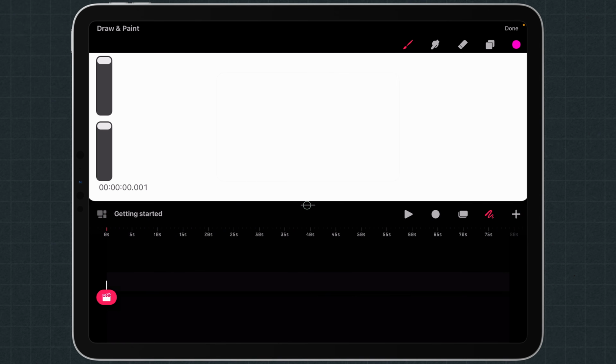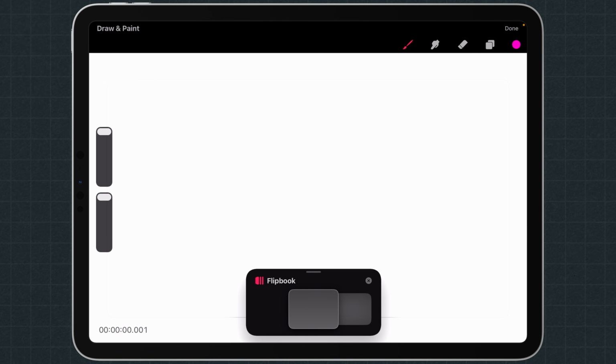So to start doing frame by frame animation, once you've picked all of your settings, there's a little button just here in the middle between the top frame and the bottom timeline. If you grab that and drag it down, you go into flipbook mode, which is your frame by frame animation. So each of these down here are your frames. So let's just do a super basic thing here where we have a ball bouncing.